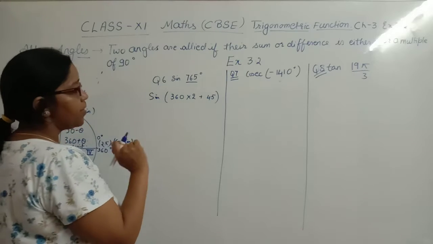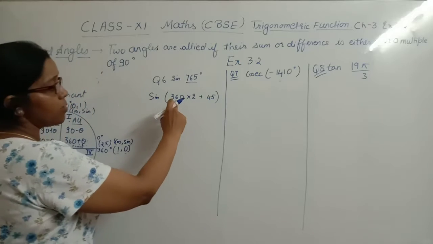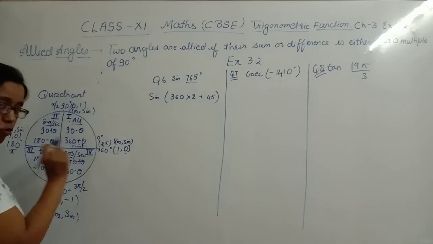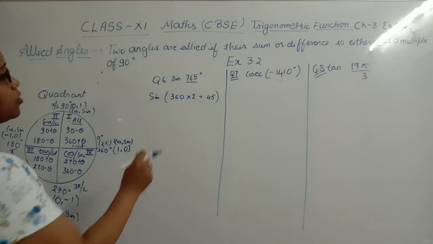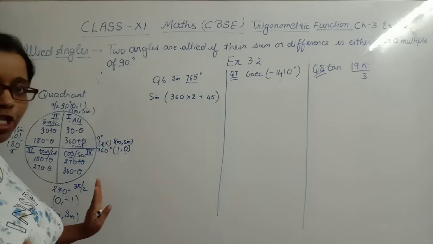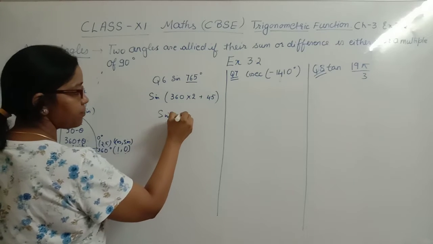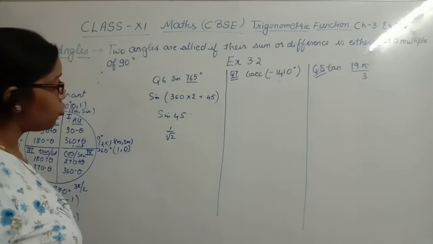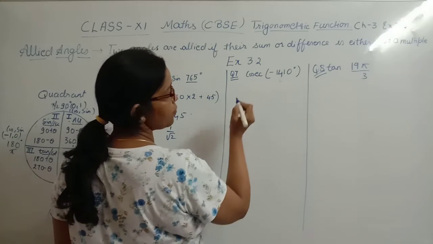Now sine 360, whatever is written in the multiple, that doesn't make any difference, because if it is 360 into 2, it means you have taken 2 rounds of 360 and come back to the same point, so it will not make any difference, because your position is not changing. Okay. So now sine 360 plus theta lies in the first quadrant, so there will be no change in the value. Okay, so it will remain sine 45, and we know that the value of sine 45 is 1 upon under root 2. Hope this is clear.